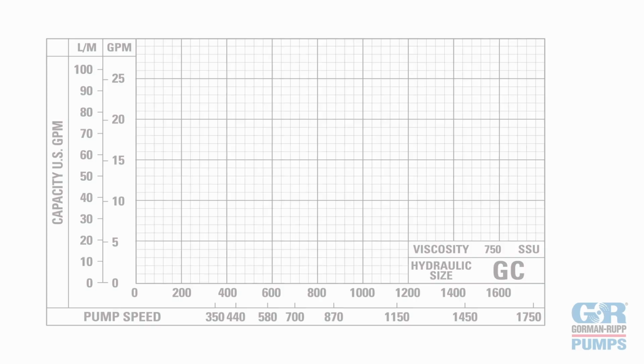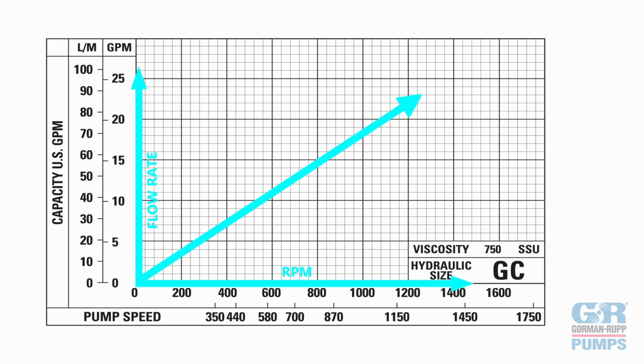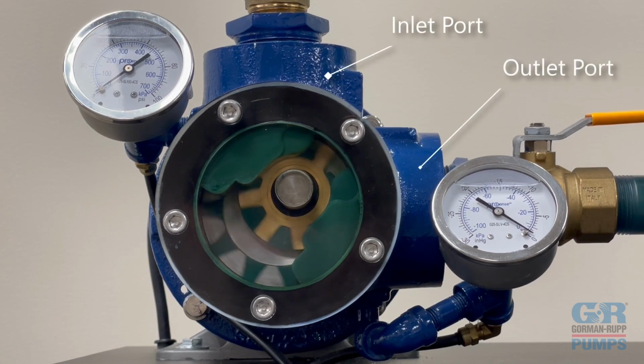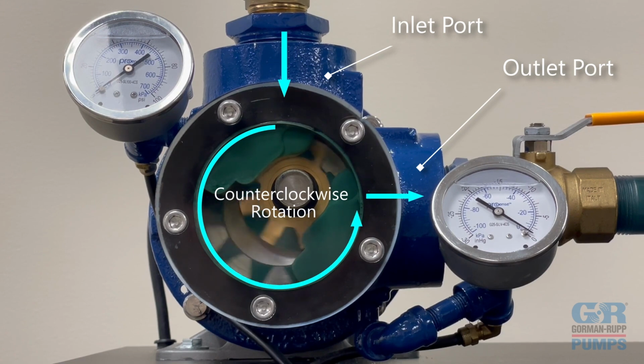The total number of revolutions made per minute, or RPMs, determines the volumetric displacement of the pump, also referred to as flow rate. The flow rate of an internal gear pump can be adjusted simply by increasing or decreasing the RPMs through the use of a variable frequency drive or a gear reducer. The symmetrical design of the internal gear pump allows for bidirectional flow in either a clockwise or counterclockwise rotation with